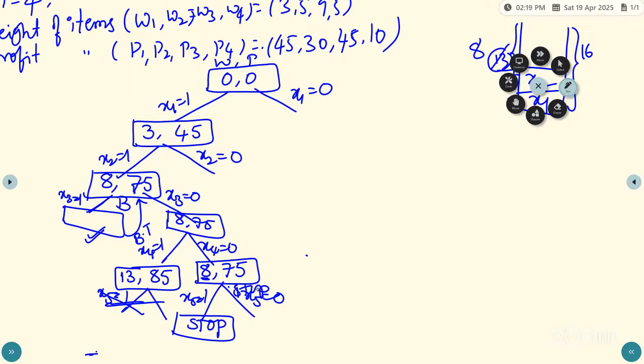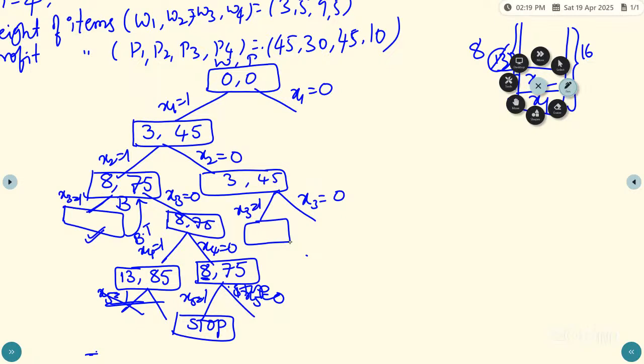Next go back and again go back. Come to this point. Only the first item has been placed. The second item is not selected. The second item not selected means the value is 3 comma 45 as it is. But next again two options. X3 may be selected. X3 may not be selected. If it is selected,